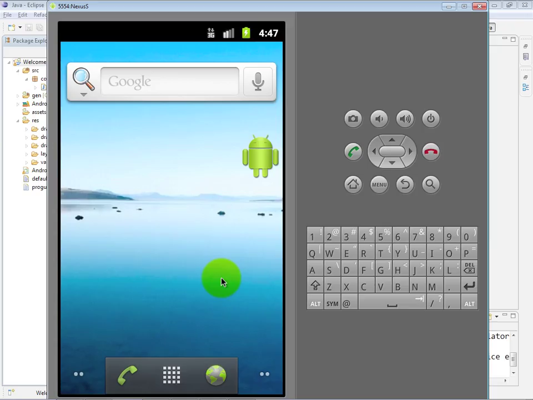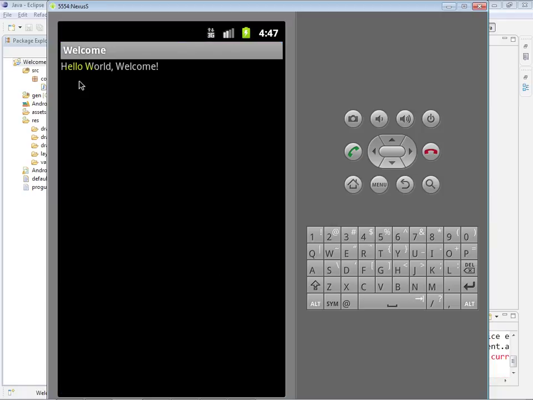And let me pull up my AVD here. And in a moment, after it installs the app, it'll start executing, and you can see we just have a simple app with a black background. The title bar shows the name of the app, which is welcome, and it's displaying hello world with the name of our app built into it. So that is the total app in its current form,